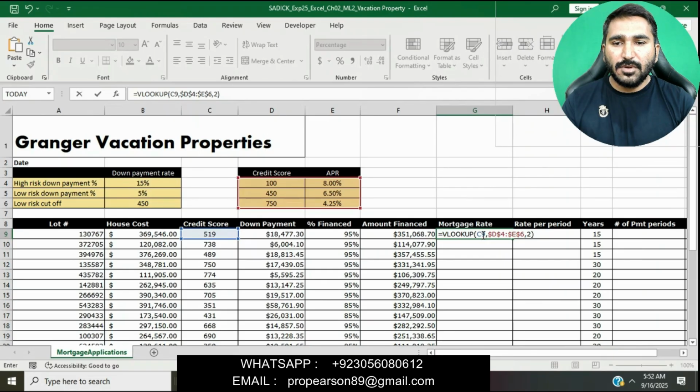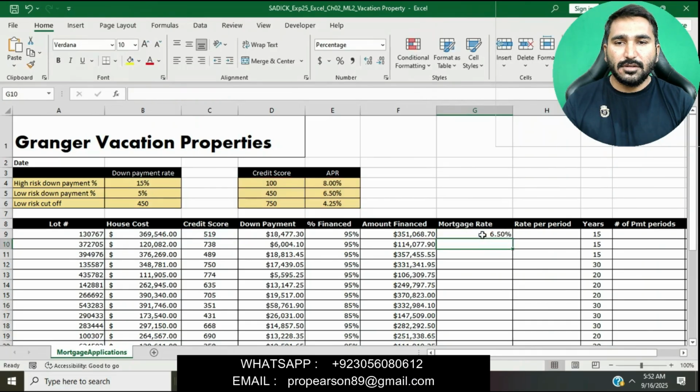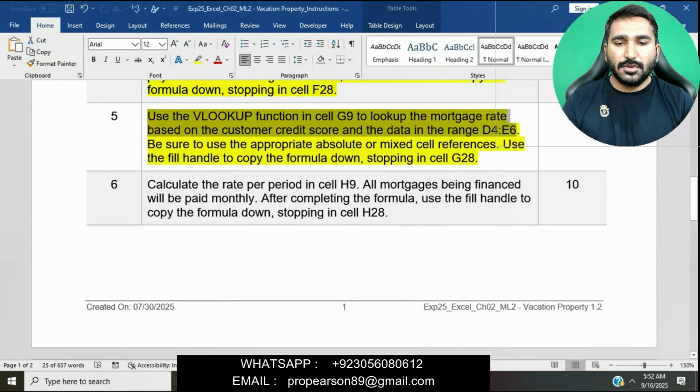I have entered this formula: C9 is the credit score, and then D4, then E6 is given, and then 2. Then we will press enter, it will find the mortgage rate in cell G9.